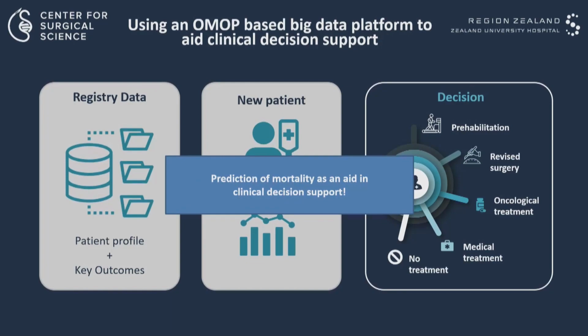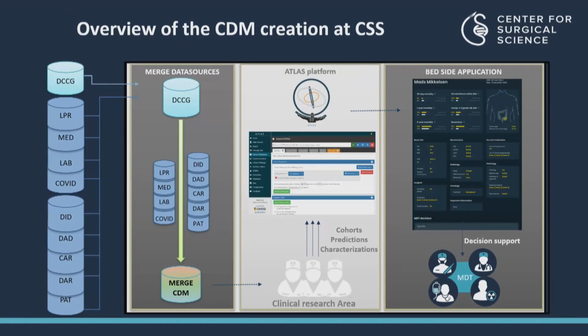So 1-year mortality, in my view, is an excellent proxy for saying this patient has a high risk of getting some kind of side effect or complication to surgery. So what we did was to collect the Danish registries. These are the national patient registry, the Danish colorectal cancer database,